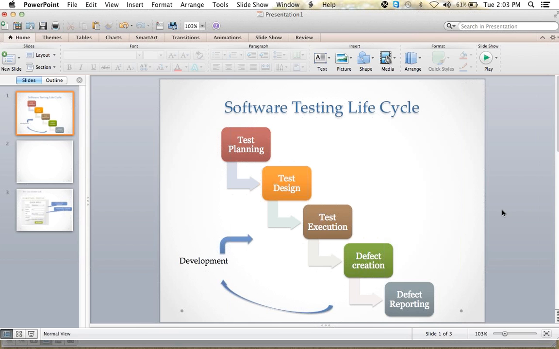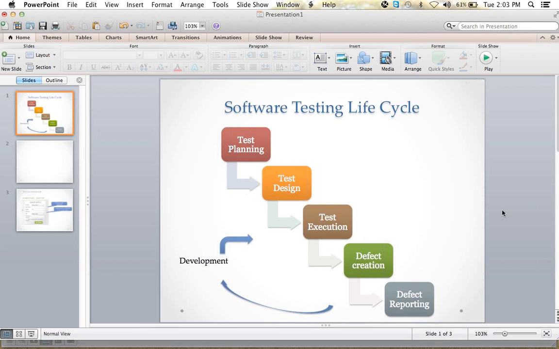Okay. So the software testing lifecycle is similar to the software development lifecycle. Whatever we do in the process in development, it will be in a similar manner in the testing lifecycle also. First we start with test planning, then go for design, like we do in STLC, then we go for execution, which we can see as the coding phase, and then defect creation and reporting. So what do we do in each phase here?